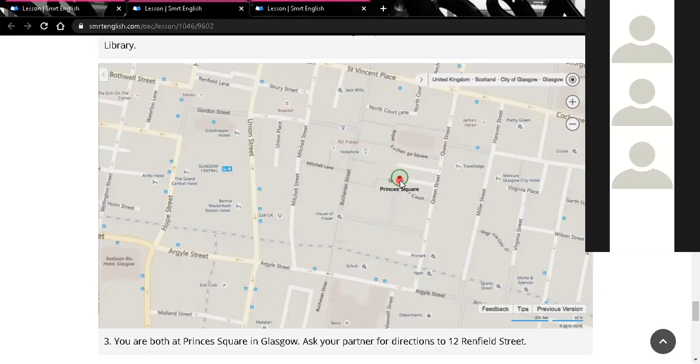Walk at the Queen Street. Okay. Turn right 2 blocks. Okay. Turn left the street bicycle place. Walk straight 1, 2, 3, 4, 5 blocks. Turn